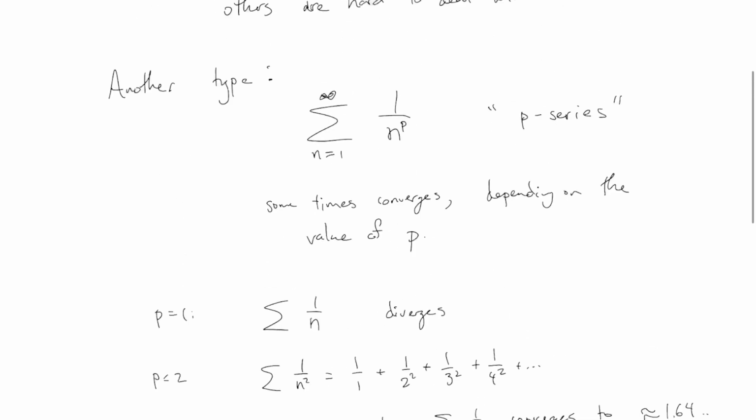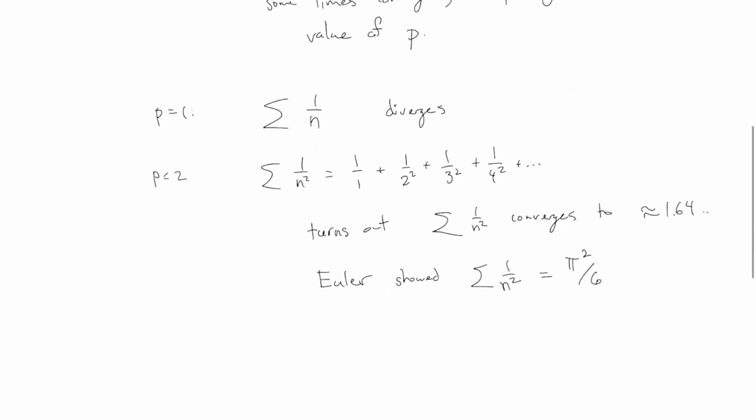Like this thing I said, 1 over n to the power p converges sometimes depending on the value of p, but actually there's no formula for it. It has been worked out in specific examples over time throughout history, but there is no general formula that's known for this. For example, this was shown in,